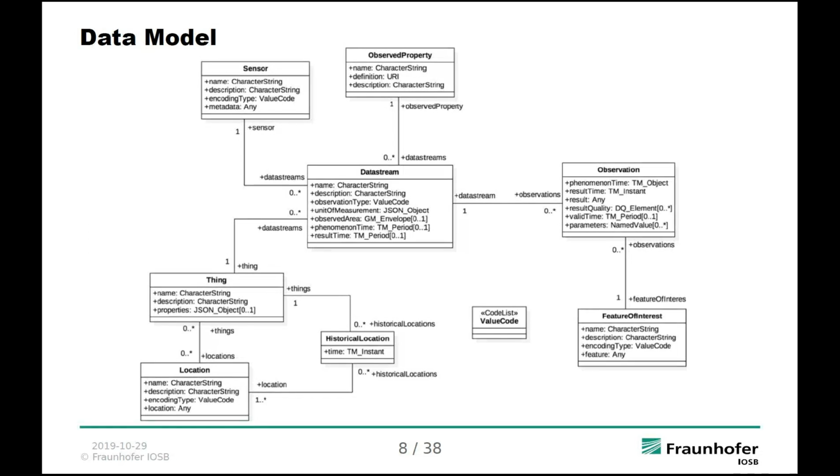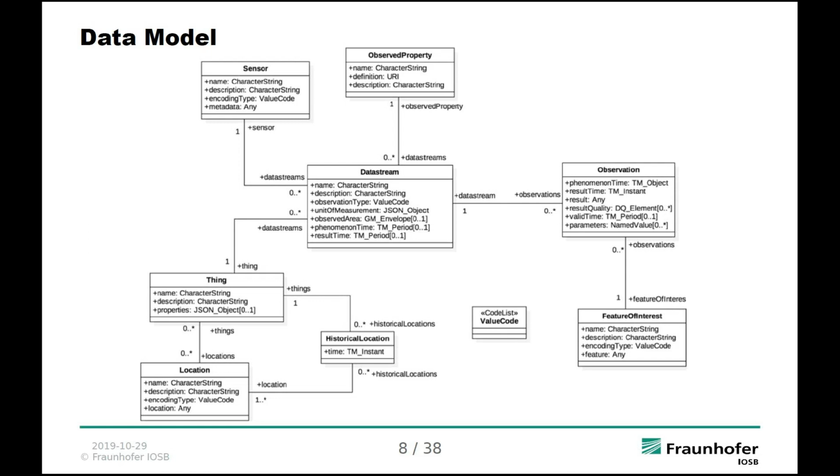On the bottom left, let's start there with thing. So you see the class thing has different properties, one called name, one called description, and another one called properties. This is some special kind of property because you can put anything in there you like. It's quite useful. We will come back to this later on. And then you have relations between the different kind of entities. So a thing can have